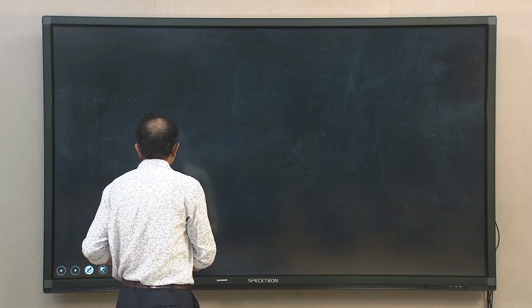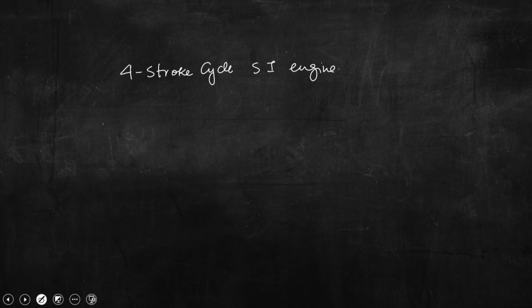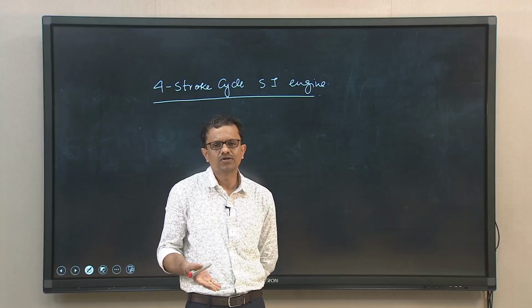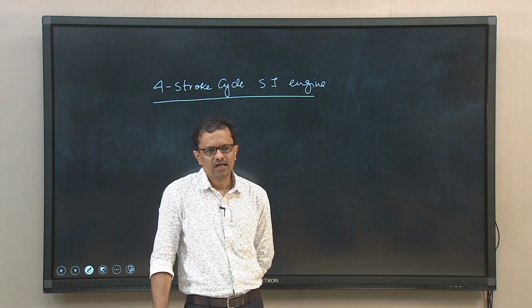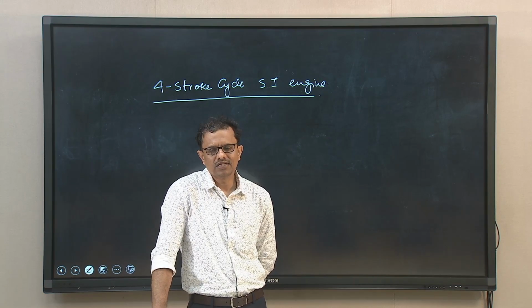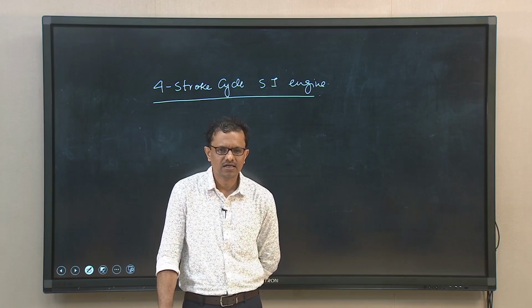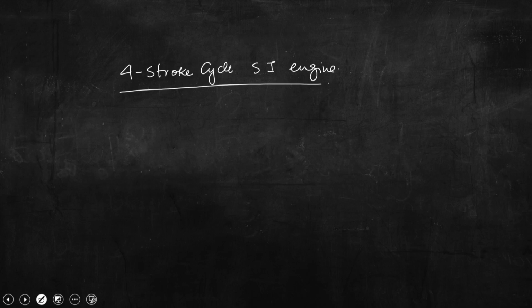So, if we first discuss a 4-stroke cycle SI engine, typically used in 4-wheelers or 2-wheelers. You have studied this in your undergraduate internal combustion engine course, still we shall discuss this just to recapitulate. So, if we try to recall the schematic depiction we had discussed in the last class,